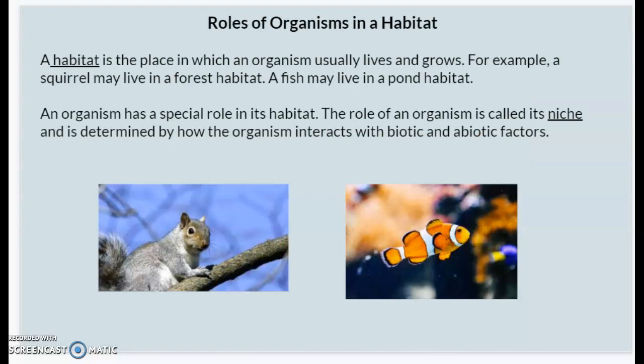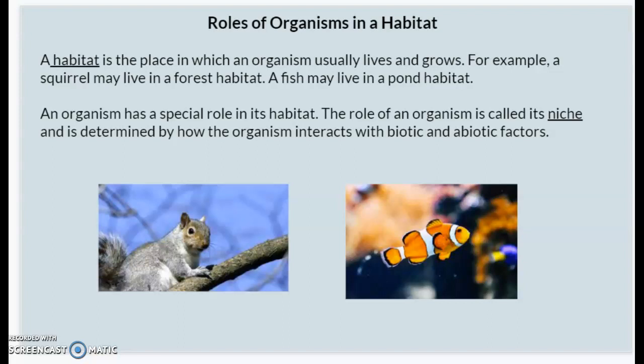So, roles of organisms in a habitat. First, a habitat is a place in which an organism usually lives and grows. For example, a squirrel may live in a forest habitat. A fish may live in a pond habitat. An organism has a special role in its habitat. The role of an organism is called its niche and is determined by how the organism interacts with biotic and